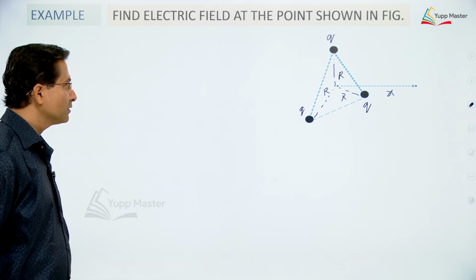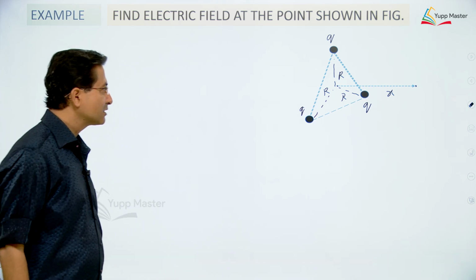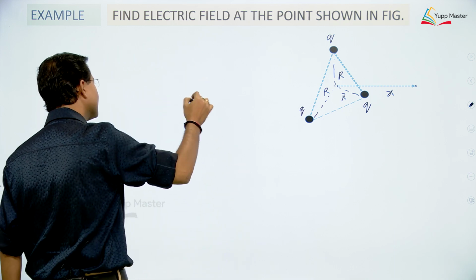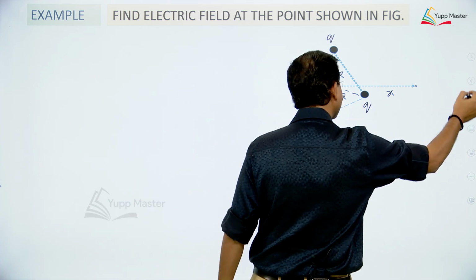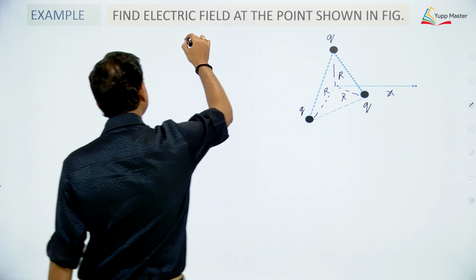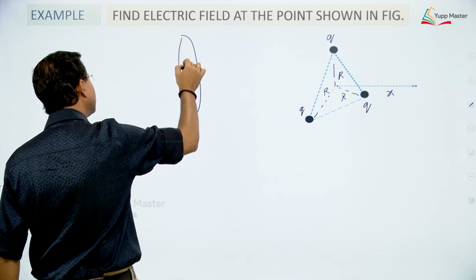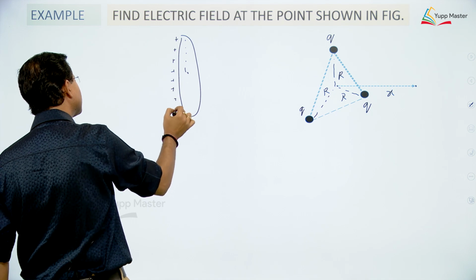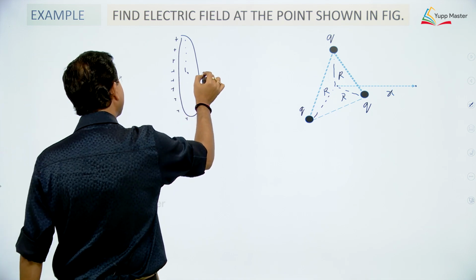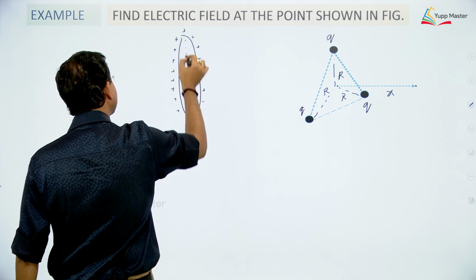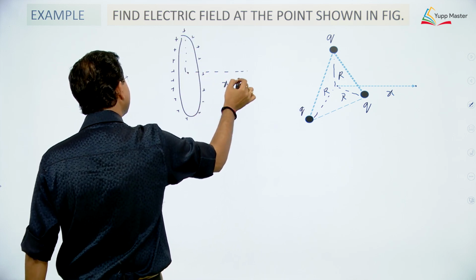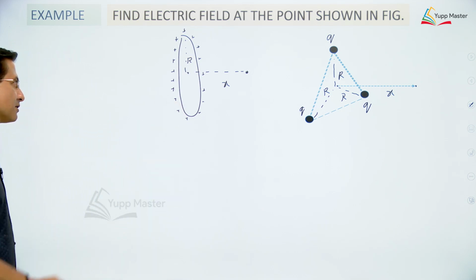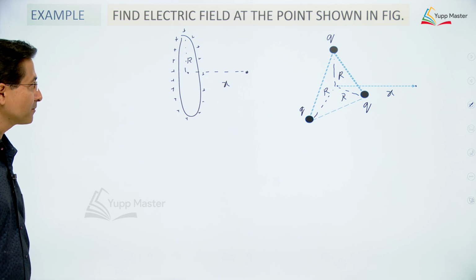Now, again if you see, the situation is similar to what we have just discussed. From the center every element was at the same distance, and from the center of the ring at distance x we wanted to calculate the field, the radius of the ring was r. So, the situation is the same and the result is also the same.